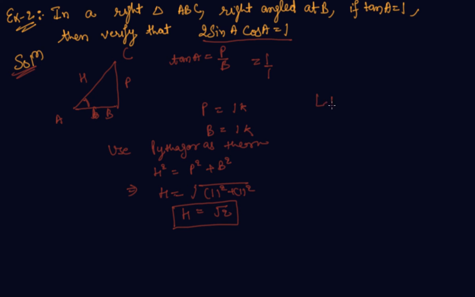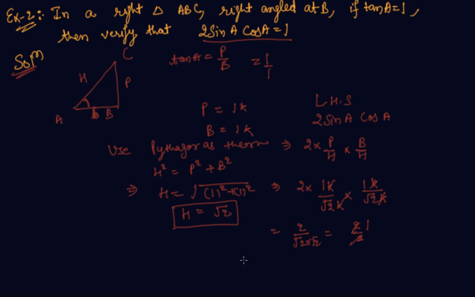So now we have to verify whether it holds or not. Let me write the LHS, which is 2 sine A cos A. The formula of sine A is perpendicular by hypotenuse, and the formula for cos A is base by hypotenuse. So this is coming out to be 2 into perpendicular 1k upon hypotenuse root 2 times k, into base 1k upon hypotenuse again root 2k. The k's cancel out. So 2 upon root 2 multiplied by root 2, which is 2 upon 2. So this is coming out to be 1,